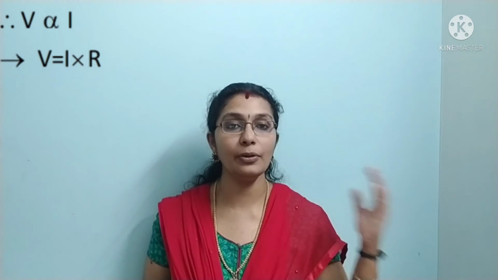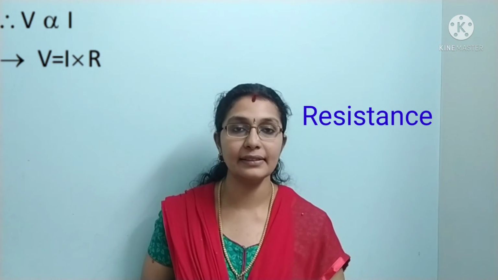So as you increase the potential difference, your current increases. So as you decrease the potential difference, your current decreases. Or in simple terms, voltage or potential difference is directly proportional to current. So V is directly proportional to I. Now in order to remove the proportionality, we will introduce a constant R. So V is equal to IR, where R is the resistance. What is resistance? It is just a stopping force, or in other terms you can say it as which stops the flow of current or reduces the flow of current.